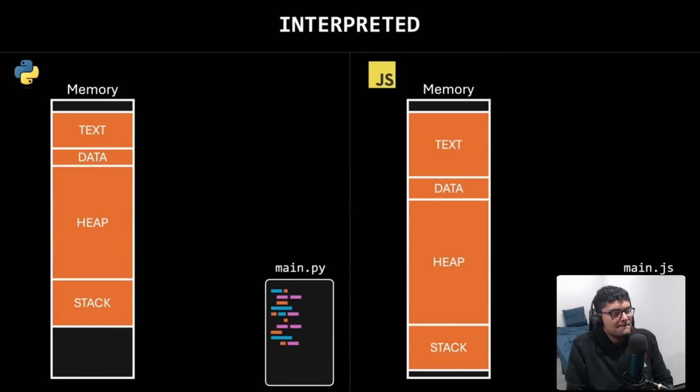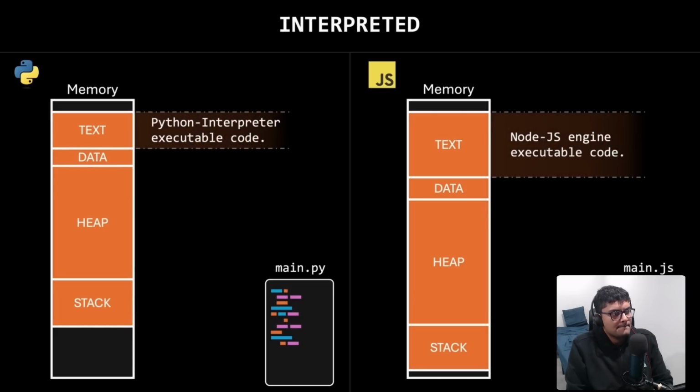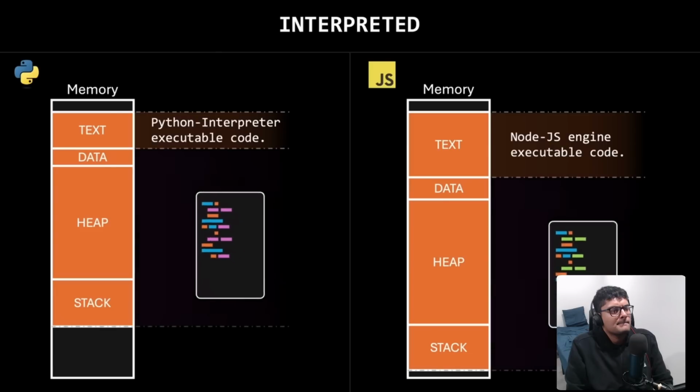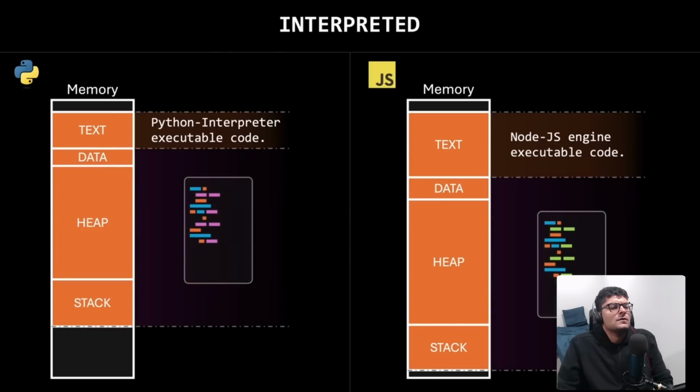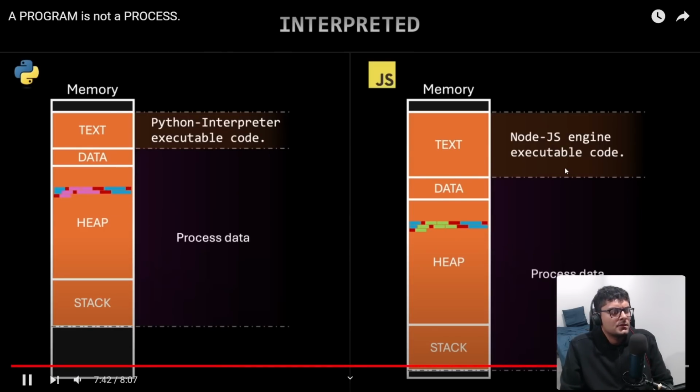The key point here is that what's loaded into the text section is not our Python source code, but the executable code of the interpreter. Our source code is loaded by the interpreter process into one of its data sections, most likely the heap, because it serves as the data the interpreter will work with. Right, that's very interesting. So this is the program that's running. For it to know how to execute, it's going to keep fetching the data from the heap.